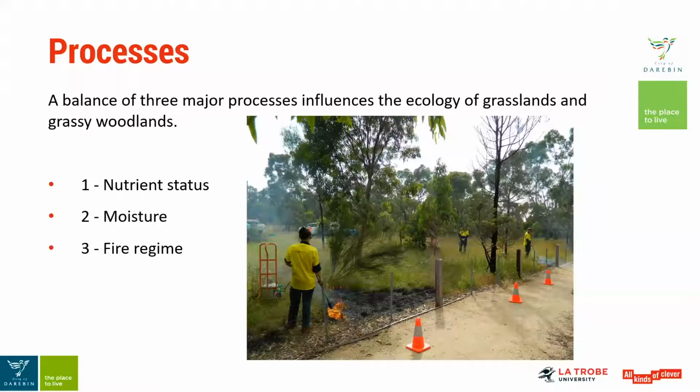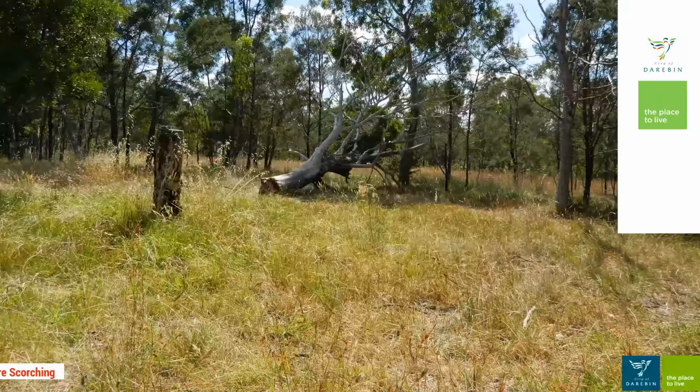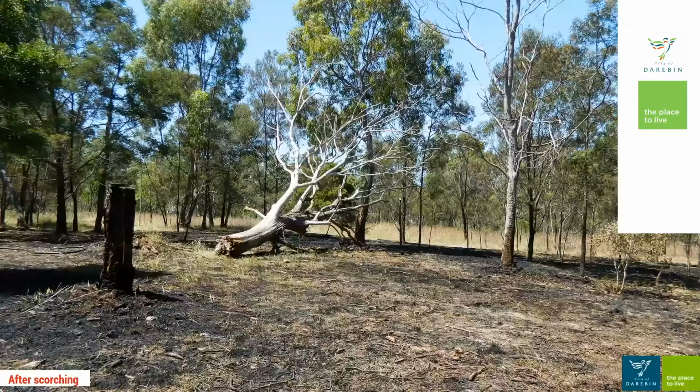So City of Darebin currently have a program where they intermittently burn small patches, or mosaic burn small patches, within the Cherry Street grasslands to create a biodiverse ecosystem. It basically gets rid of the build-up of biomass from grasses and other small woody debris, and it allows a nice ash bed for plants to get in and germinate and grow actively with a nice load of